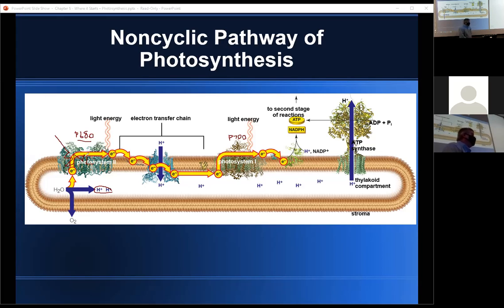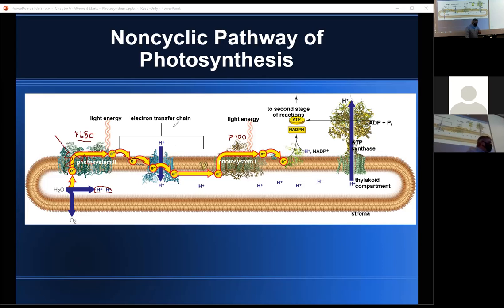Going back to the electrons, the 2 electrons lost from P680 when they entered a higher energy state are going to enter an electron transport chain. As these electrons are passed from component to component in the electron transport chain, they're going to go to lower and lower energy states. And the cell is going to capture some of that energy and use it to do work. Specifically, it's going to power a proton pump. So the energy from electrons going down their concentration gradient is going to be used to pump a proton